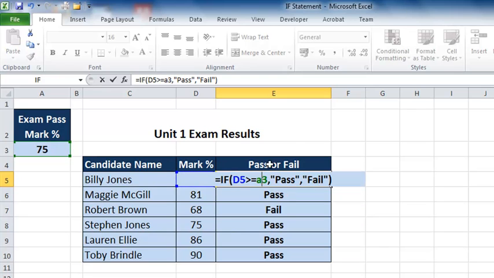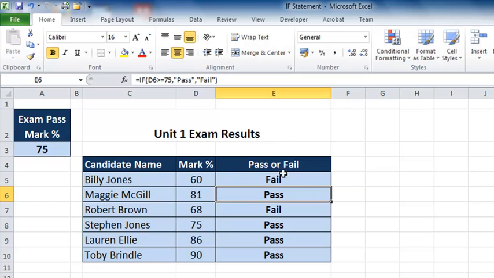So to do that, I'll place my cursor in between the A and the 3 and press F4, and the dollar signs are inserted for me. I'll press enter, and again you'll see that Billy Jones has failed. And now when I replicate the formula down, at this point nothing changes, but all the formulas now refer back